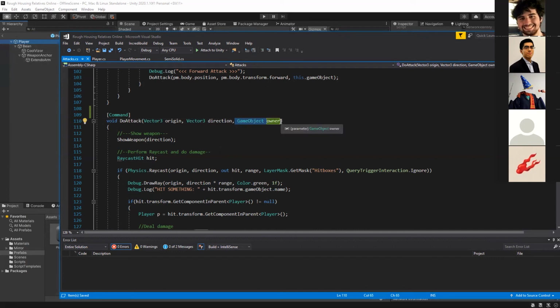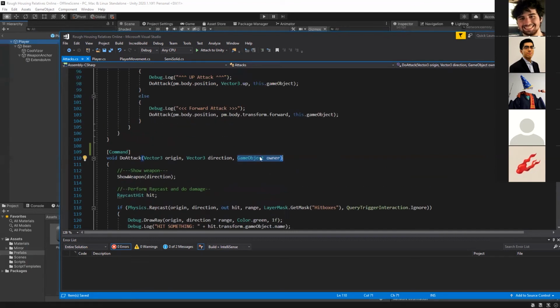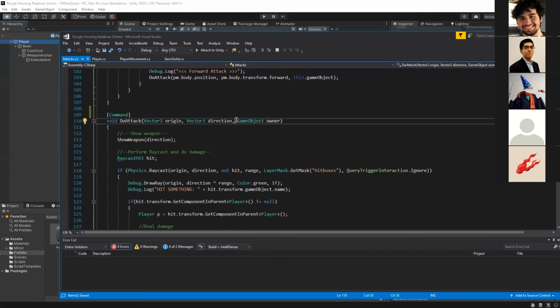It's just a reference to it. This is useful later on if you want to extend this project to have teams or usernames so that you know who attacked who. So the attack just has the owner with it, and also just to demonstrate that it works because it has a network identity. But really what matters here is that we're telling the server what origin point and what direction we're using.